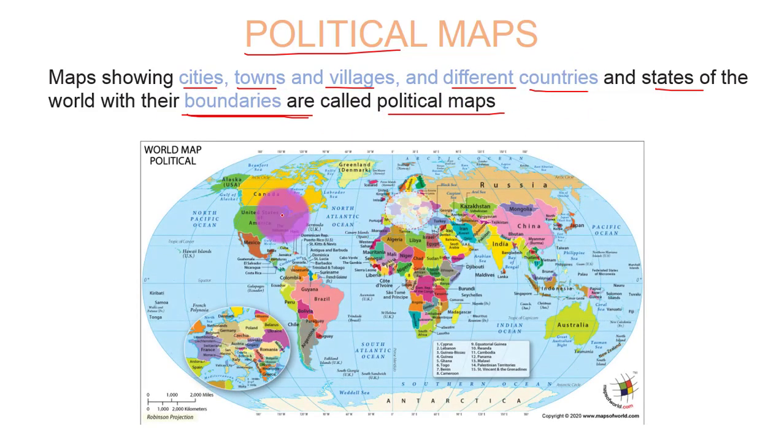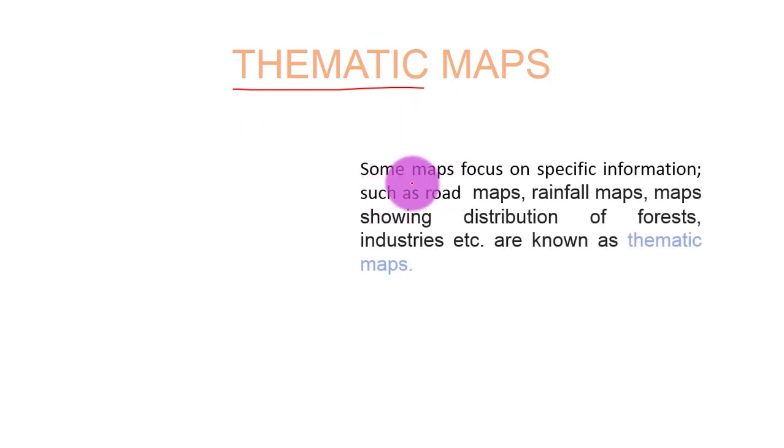Now you can see here the map. This is the world political map. There are boundaries and these are made by us, this is called a political map. Now the third one is the thematic map. Some of the maps focus on specific information like roads, rainfall, distribution of forests, industries, that are known as